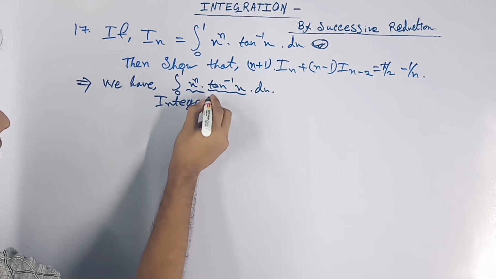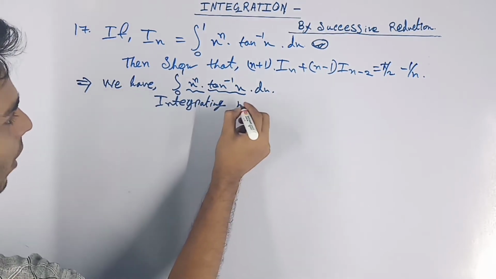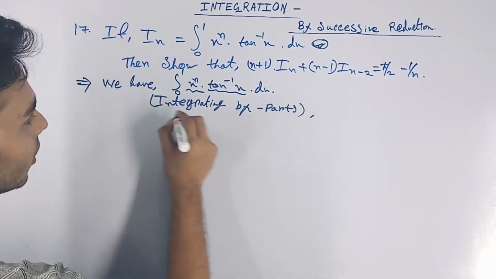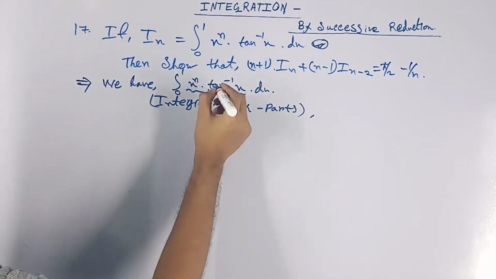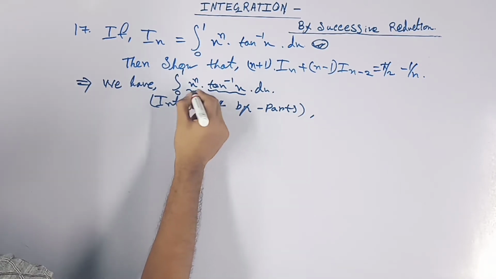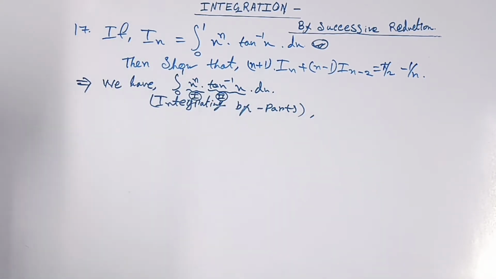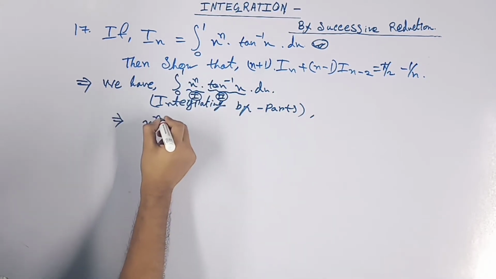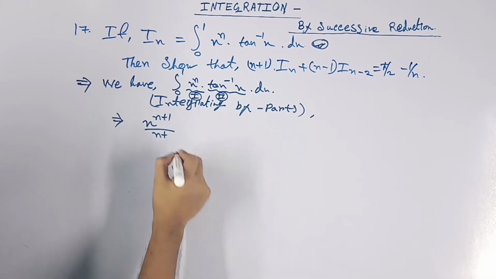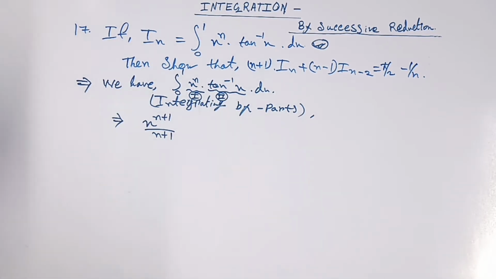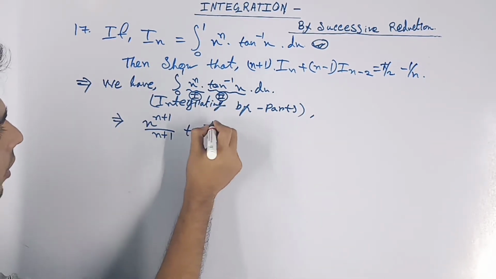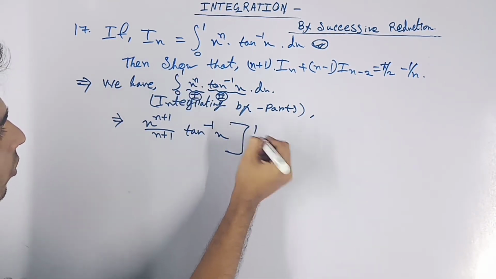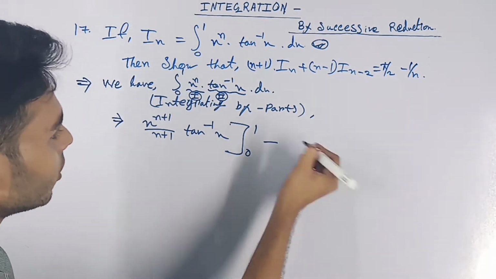We have the integration from 0 to 1 of x to the power n times tan inverse x dx. As we have two parts, integrating by parts is coming. I take this as the first part and this as the second part. So we get x to the power n plus 1 by n plus 1, times tan inverse of x, with limits 0 to 1, and now minus